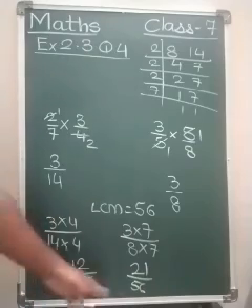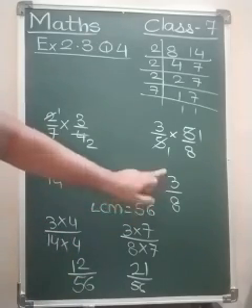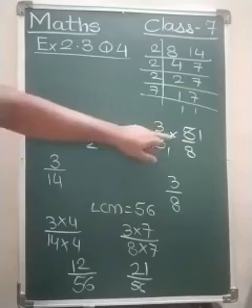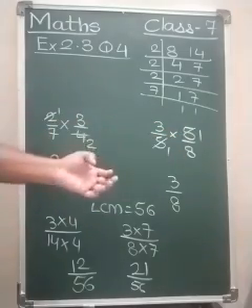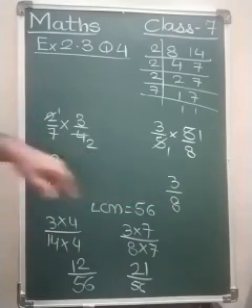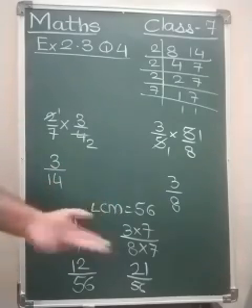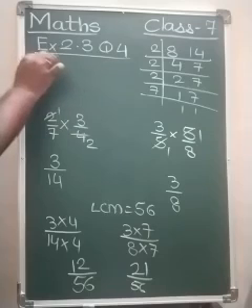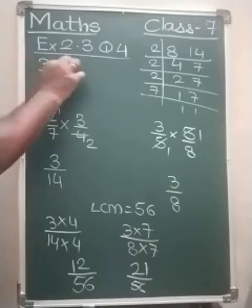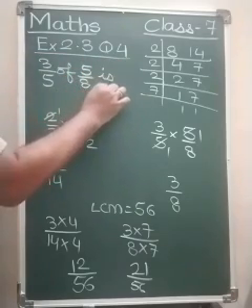So see, now denominators are equal. 12 is smaller, 21 is greater. So 3 upon 8 will be greater. That means 3 upon 5 of 5 upon 8 will be greater. So this is a simple technique that we can use. Greater the denominator, smaller is the fraction. Understood? So that fraction will be less. Now in both of these, here 8 is smaller, so this fraction will be greater. So we can write down our answer. Answer will be 3 upon 5 of 5 upon 8 is greater.